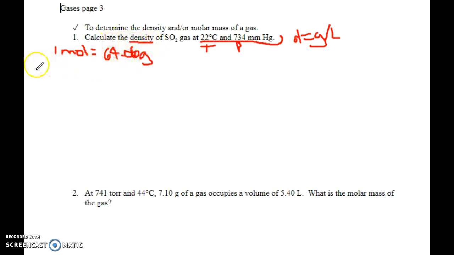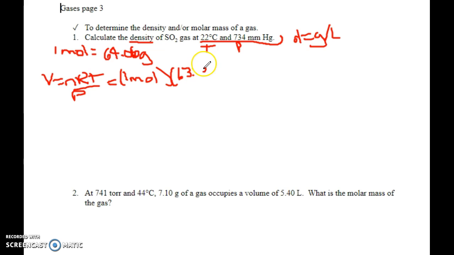So I always solve for volume. Assume 1 mole, and then that 64.06 will be your top number. So I'm going to do V equals nRT over P. Again, I'm going to cross multiply, get PV equals nRT. So I'm going to put in 1 mole. I have millimeters of mercury, which is the same as torr, so I'm going to use that 62.36 torr